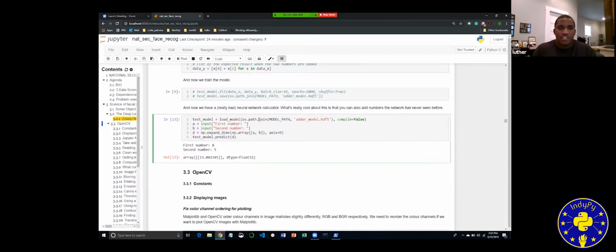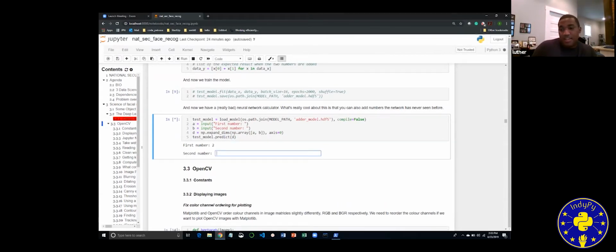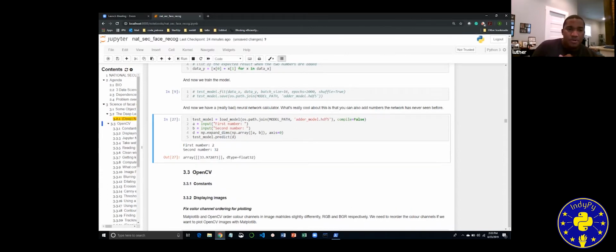Now down here, we're actually going to use our model. We're going to ask for input, and we're going to ask for 2 numbers. Normally I would ask the crowd for input on this, like, what numbers? But I am going to just propose my own numbers. I'm going to look around my apartment and, okay, my clock has a 2 and a 32. So I'm going to add 2 and 32. 2 is the first number, because it's 2:32, right? And then 32 is the next number. Now let's look at what the result is. The result is